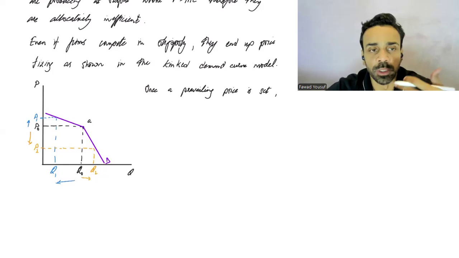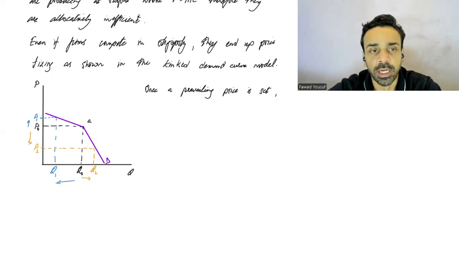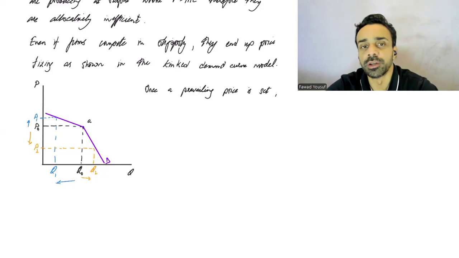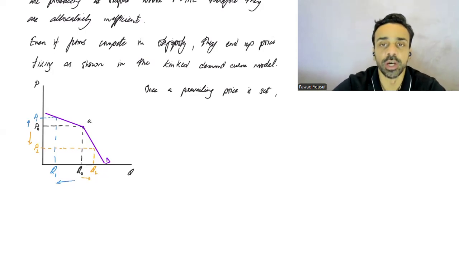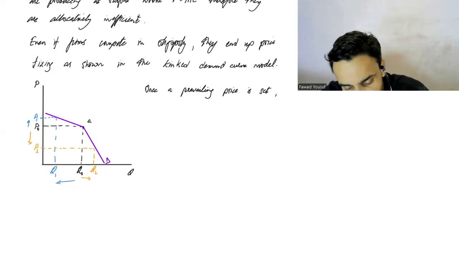So if Pepsi wants to increase the price, what's going to happen? If they want to decrease the price to capture market share, what's going to happen? Turns out in either case, they're going to lose money. So they're just going to keep it where they are. तो एक तरीके से जब वो इवन compete करने जा रहे थे, तो turns out that the price gets fixed. So once a prevailing price is set,